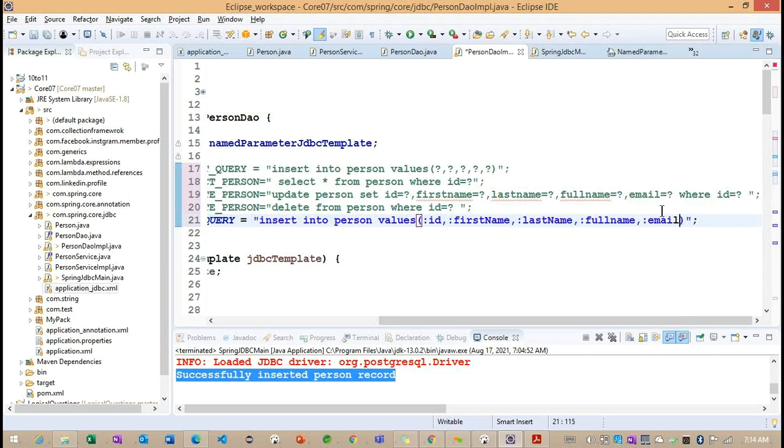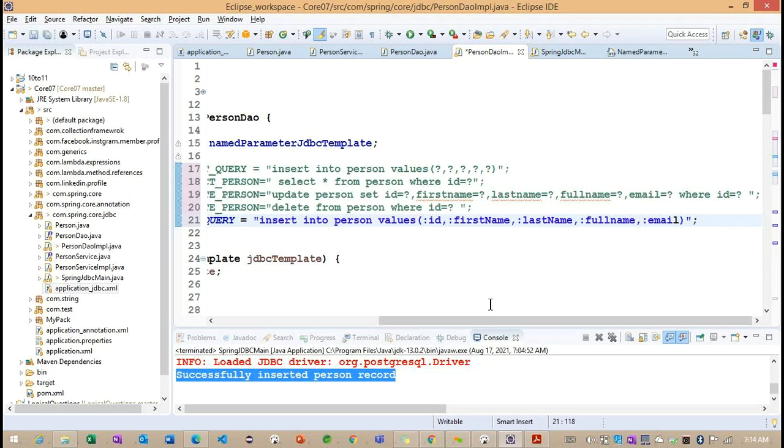Observe carefully. Instead of question marks, now how am I passing? I am passing the particular column names here. Getting the point? Any name we can take, not only ID. Whatever convenient name we have, we can go for the same name here, and define whatever we are interested in.